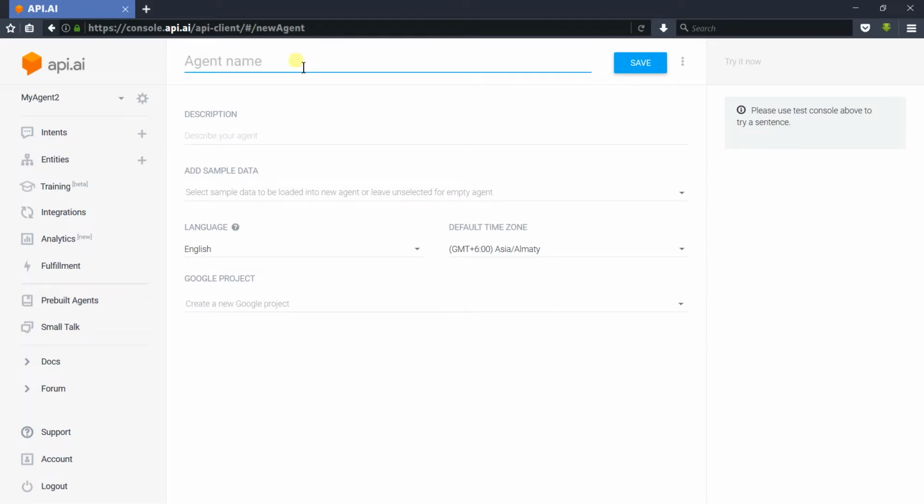Start with the agent name. You can choose any name. Note that it should not contain any space. I'm going to use "my app" as a name. Next is a description. You can specify a brief description for the bot you are going to create. I am writing "my app